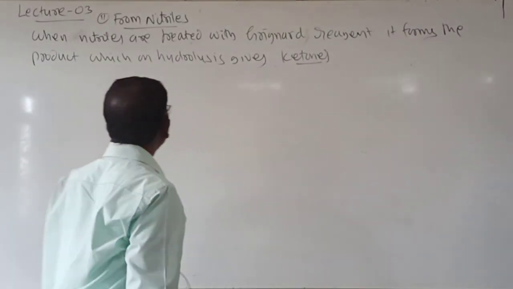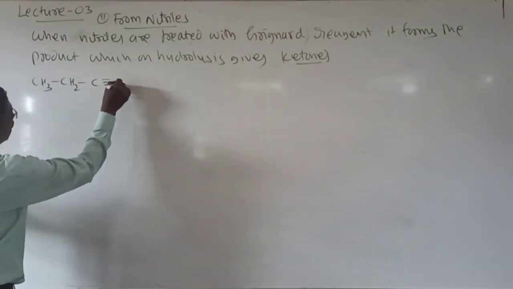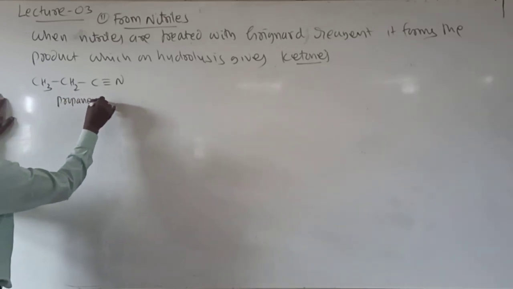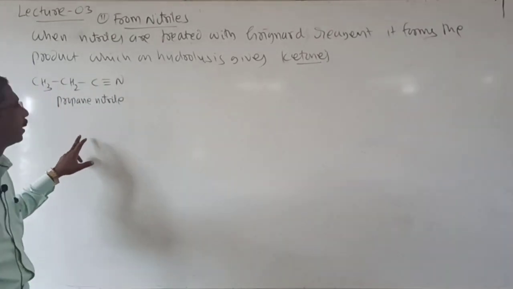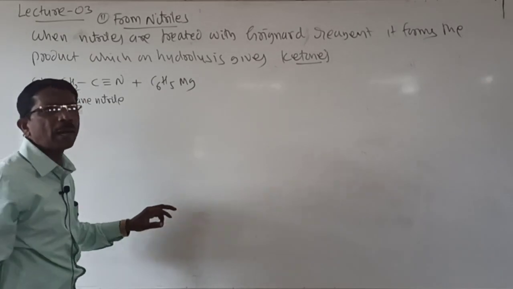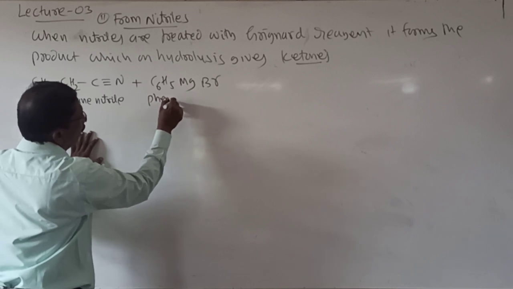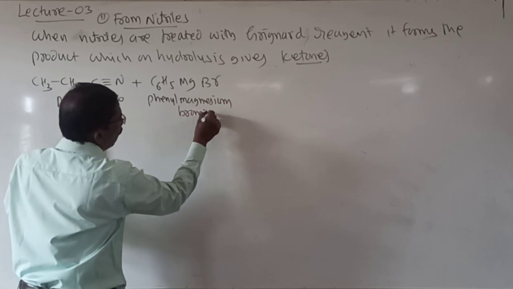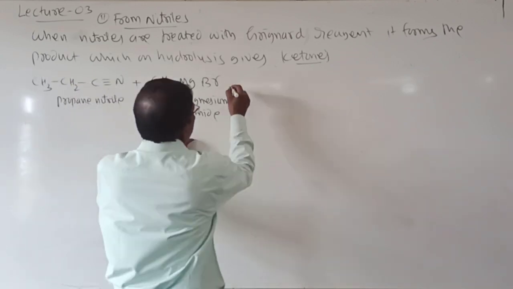So I will take an example here, propane nitrile, CH3CH2C≡N, numbered 1, 2, 3. It is called propane nitrile. And when this propane nitrile is treated with C6H5MgBr or MgI, here it is called phenyl magnesium bromide, an aromatic Grignard's reagent, and heated in presence of ether,